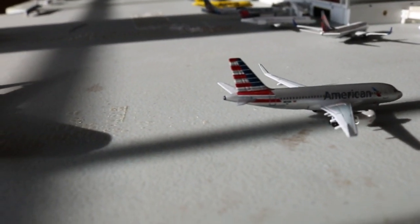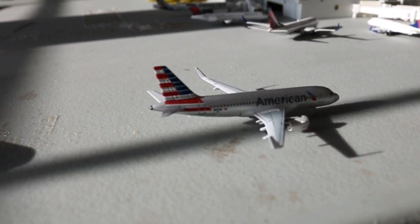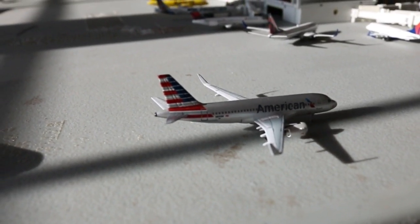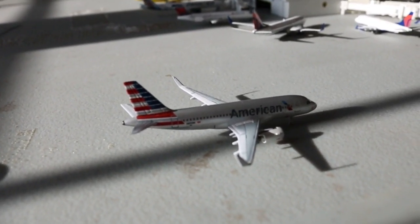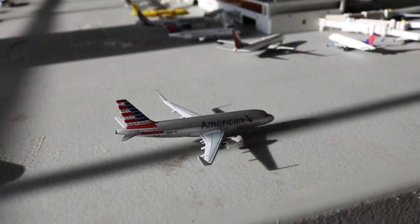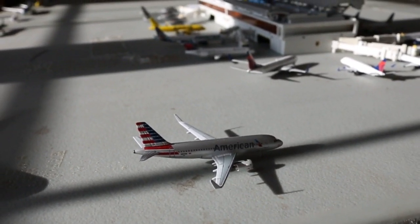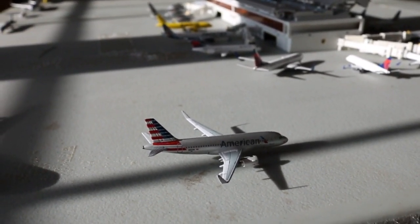We have an American Airlines Airbus A319-100 with Sharklets. He is currently pulling in from Kansas City, Missouri, and we'll be heading out to St. Louis later on today. Glad I have 4 of them because those will take over for the MD-80s, and progressively as time goes on, they are starting to become more common with routes in DFW. So